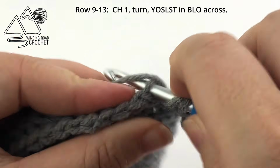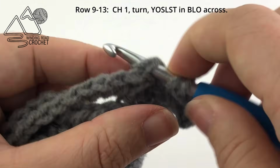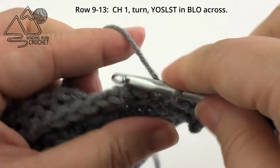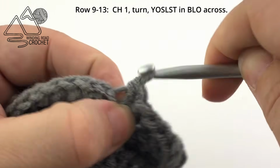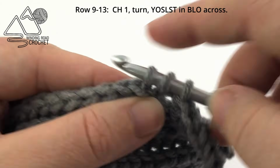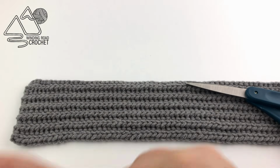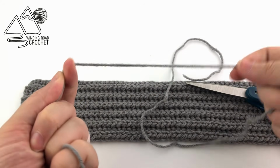So when you reach the end of row 9, you will once again chain 1 and turn and work a yarn over slip stitch in the back loops only of every stitch across, and repeat this until you have a total of 13 rows. So here I have my 13 rows complete, and I'm just going to take a new